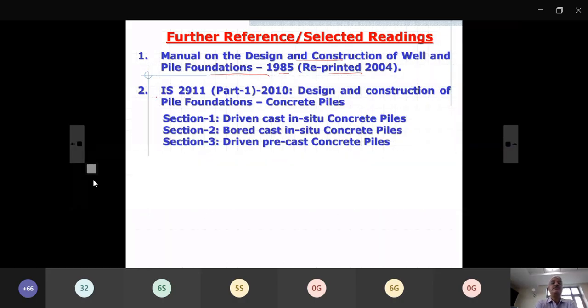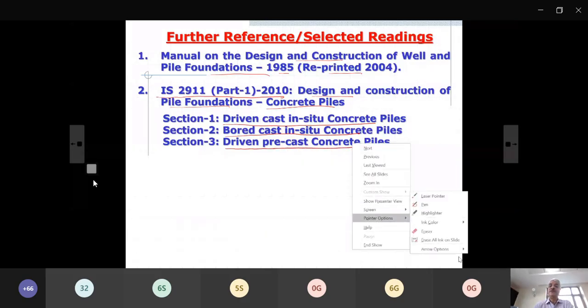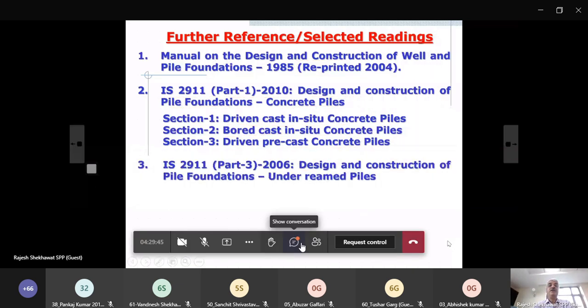And then IS 2911 Part 1, 2010. Part 1 is about design and construction of pile foundation, concrete pile. Something is for timber pile and something for other. Section 1 is driven cast in situ concrete pile. Section 2 is bored cast in situ concrete pile, and section 3 is driven precast concrete pile. All 3 types of pile, one section is there. Then IS 2911 Part 3 is for under-reamed piles. If you are